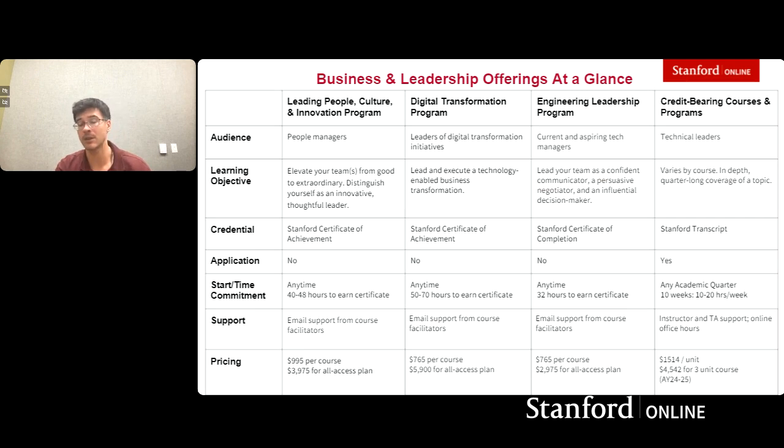If you're taking a course on machine learning, you should expect to be writing mathematical proofs, not necessarily learning about the latest tool, though there are other classes like that as well, even in the credit-bearing space. So the short answer is yes. We have lots of courses within the business programs about the latest technology and within the credit-bearing programs as well. As I said, we are within the School of Engineering, and as you can see, even the professional programs all have a kind of technical focus.